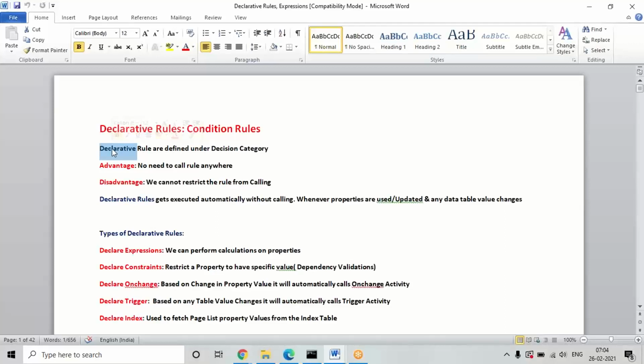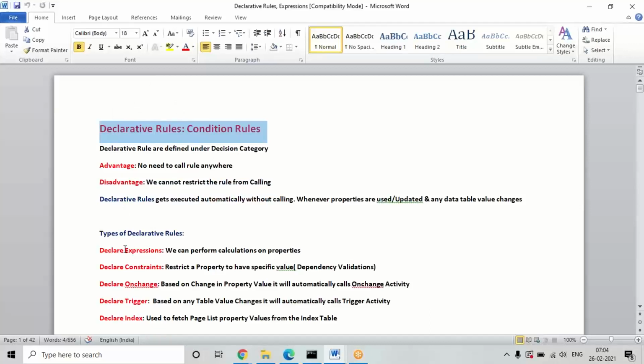But specific to a page, if we want to define a different condition, earlier we understood activities and data transforms, right? In activities and data transforms, if you define any business logic or condition, we must call it in the design wherever we are going to use that particular logic or condition. So there we are going to call it. But the advantage of declarative rules is we just declare the condition and there is no need to call it anywhere. The disadvantage is if you need different conditions for the same property, then I cannot go for a declarative rule. For that, based on the type of rule, there are alternative rules. So if you need the same condition everywhere, only then can I go for declarative rules.